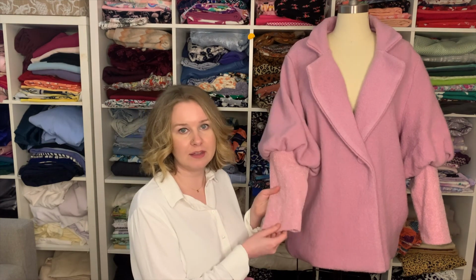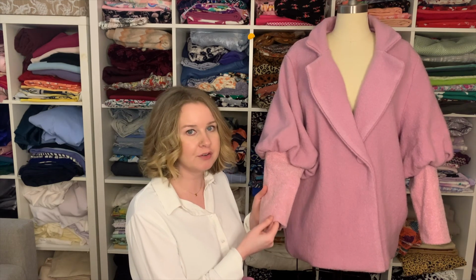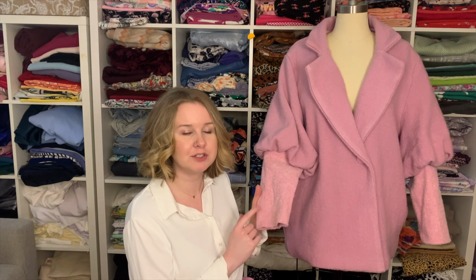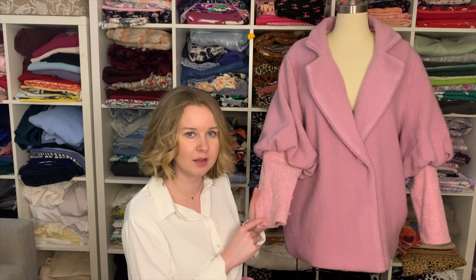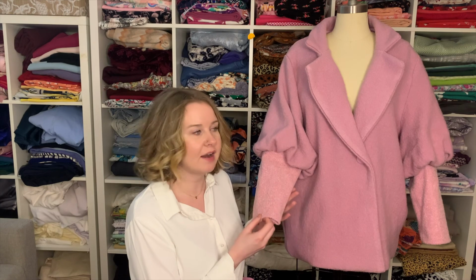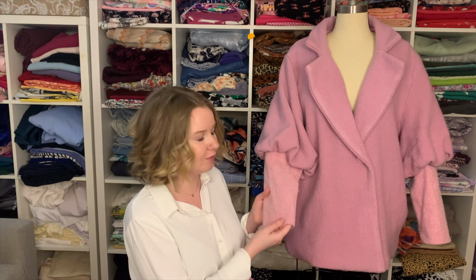For the sleeve cuff part, it asks for a rib knit fabric. That was harder to find in a Dusty Mauve color. So I took to sourcing this part locally. I went to SR Harris in Brooklyn Park in Minnesota, and I brought around a swatch of this Dusty Mauve with me, and I was looking for a rib knit, or honestly any knit that was similar enough, and I